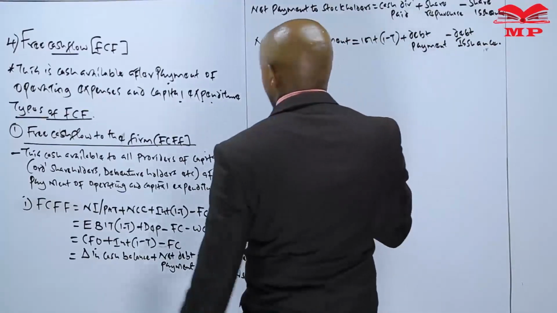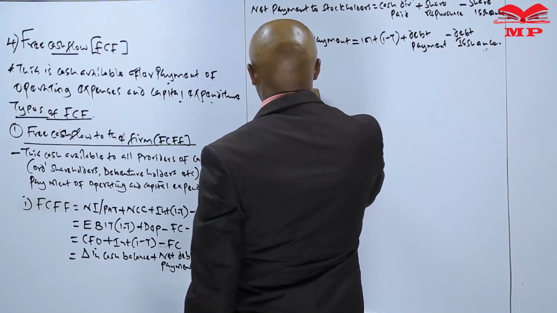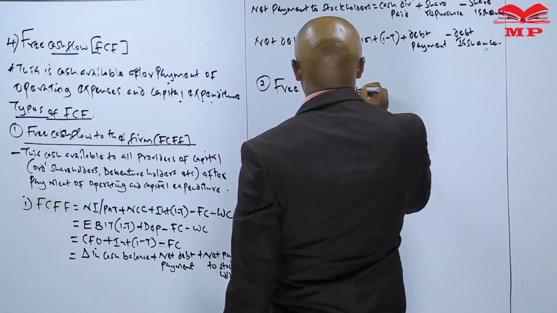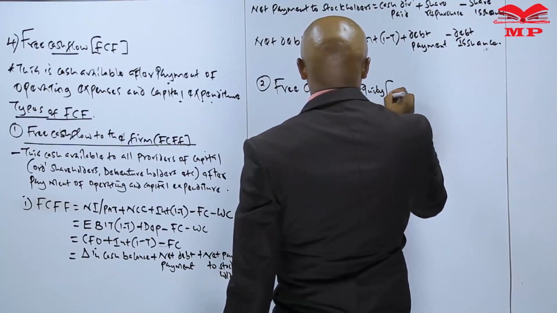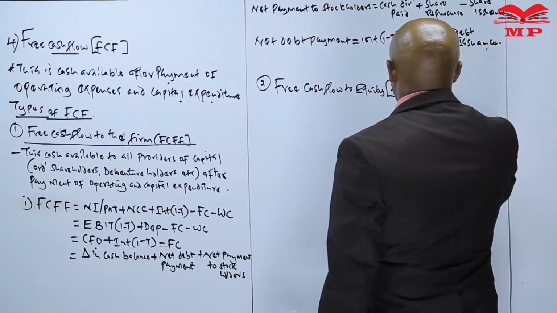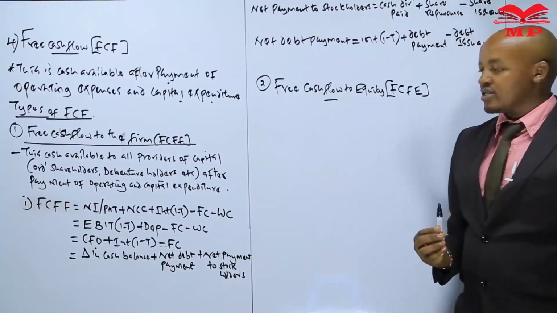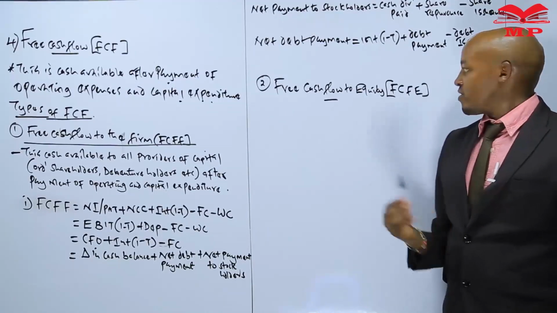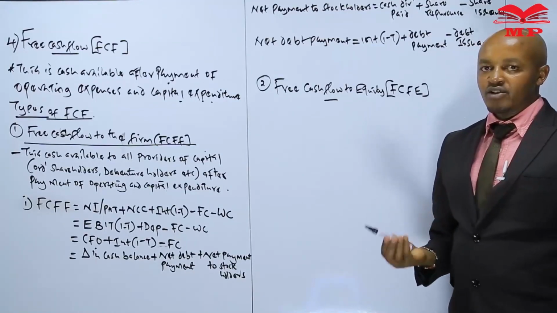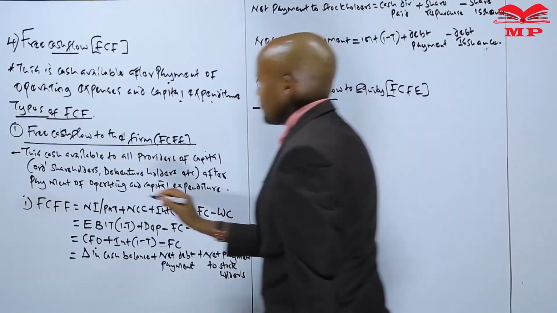Now, the other type of free cash flow, number 2, is the free cash flow to equity, abbreviated as FCFE. When we talk about the free cash flow to equity, this refers to the amount of cash which is available to the providers of equity capital only, after the company has paid the operating expenses and also the capital expenditure. So we say that this is the cash available